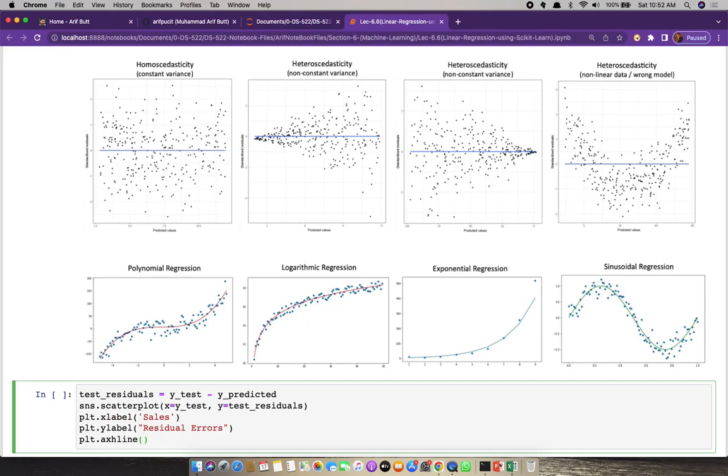Yes, so let me draw it at y is equal to 0, and let me give it a color equal to red, and let me give the line style as this, and